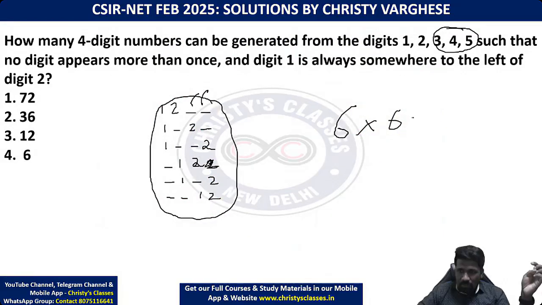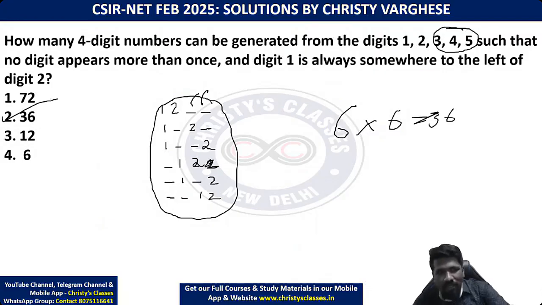So 6 into 6, total 36 outcomes are there. So 36 is the answer. Sabko clear hai na? Little tricky one, but if you are familiar with permutation combination chapter, this question is very